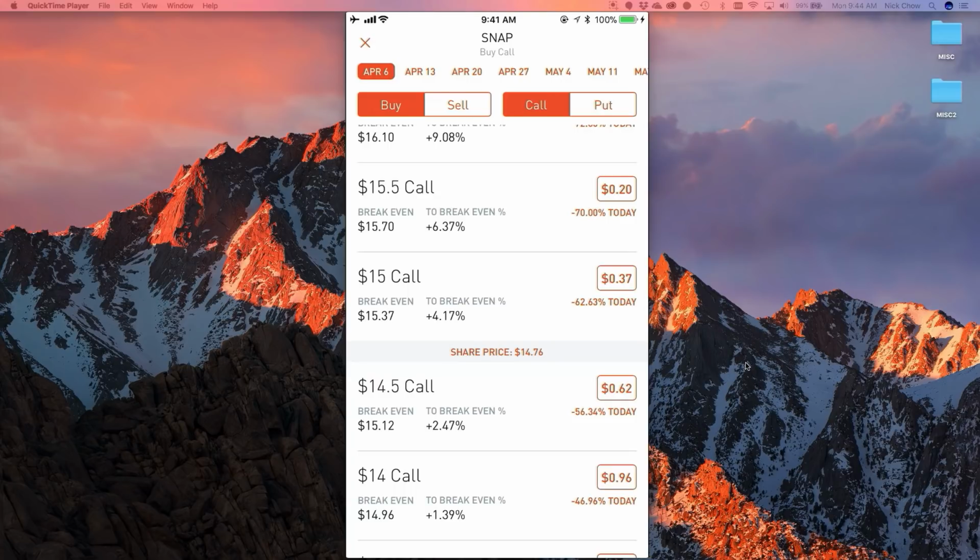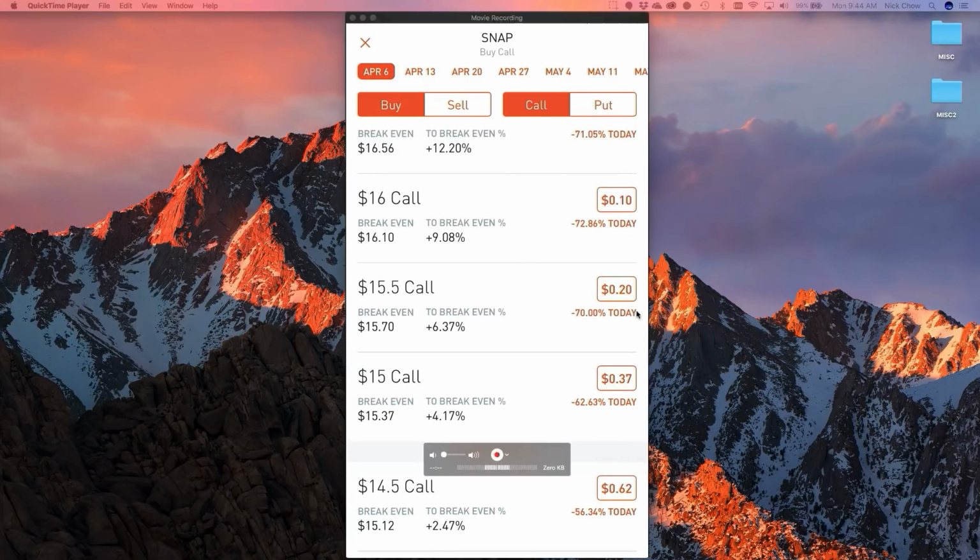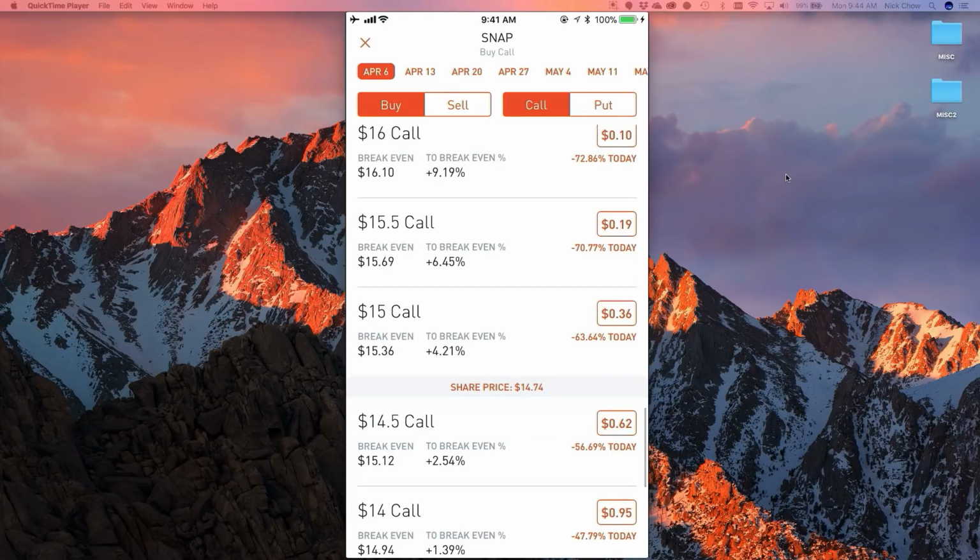So what I'm going to do here, right here, this is the option price here with the dollar sign. It tells me this is how much I need the stock to move to break even. So that's kind of nice. The calls are getting cheaper as the price moves away. That's why I say I like to buy calls on the down moves, because option prices get inflated or deflated based on if the direction is moving towards or away from your option price. And what I mean by that, say if you're looking to buy calls and you're day trading,